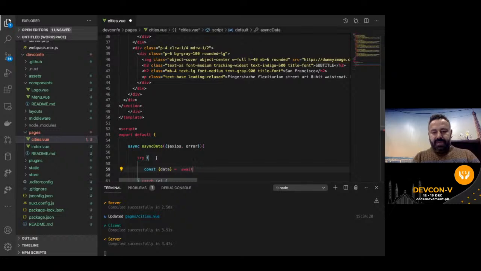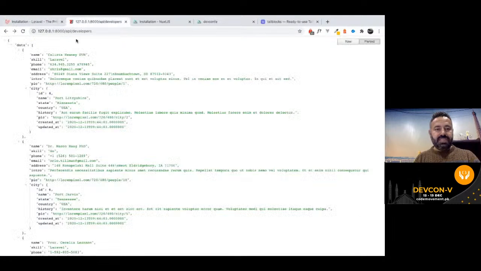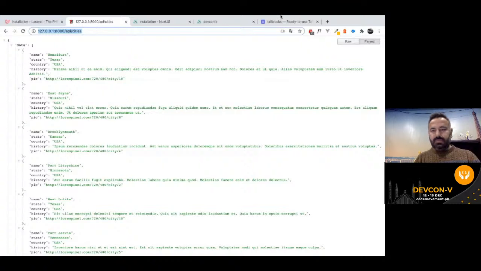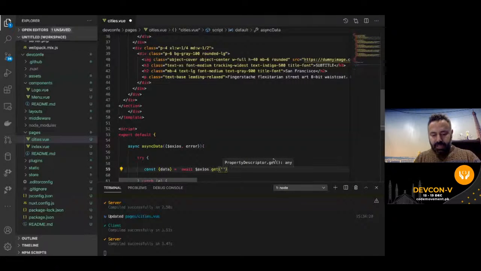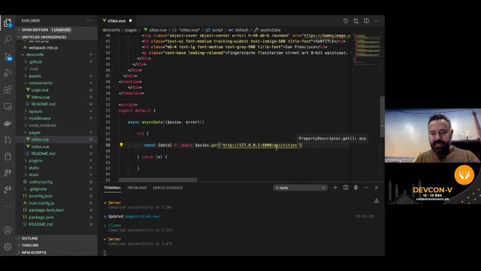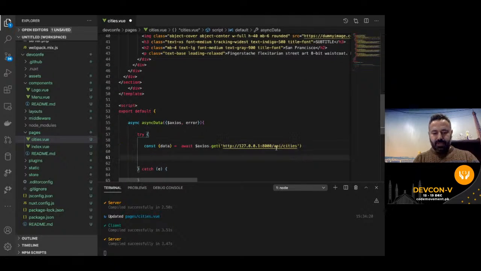I'm going to say await axios.get, and we are now going to use, of course, the cities endpoint. The cities endpoint, and going to return,